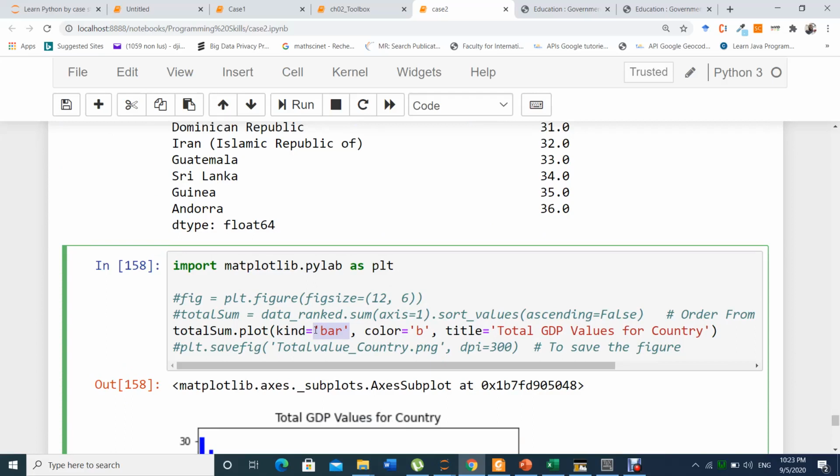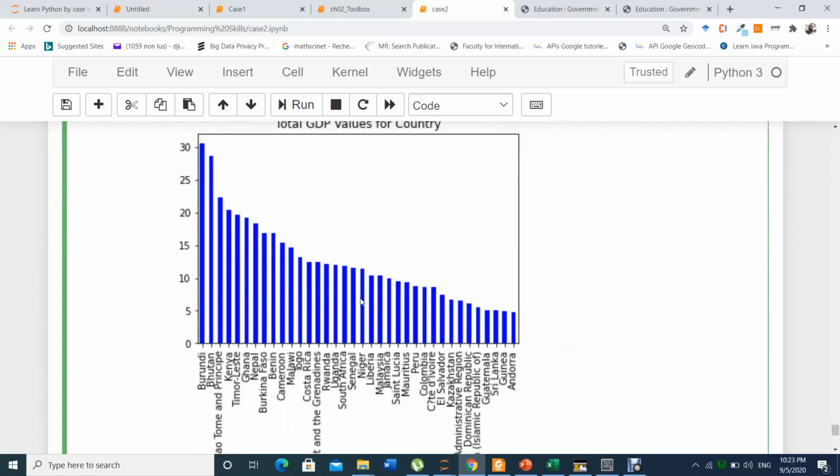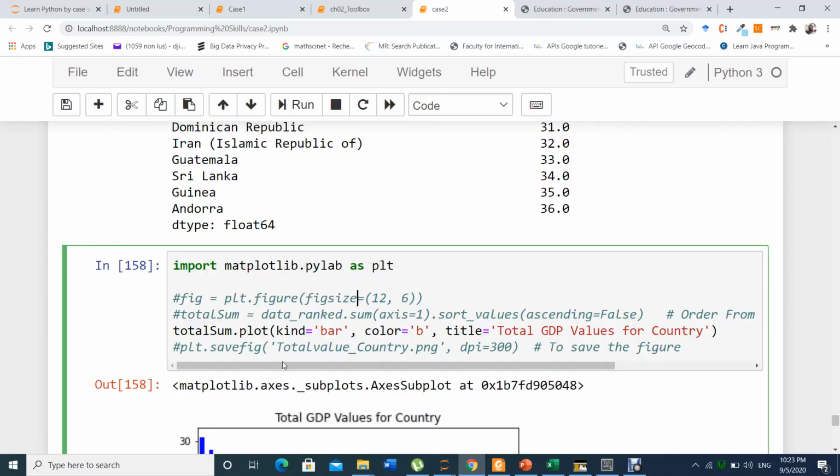Bar lines, and our graph will be blue color, and we give the title like this. So when you run it, you will get this. This is what I put in comment. In most programming languages this means a comment, so when the program reads it, it will ignore this line.